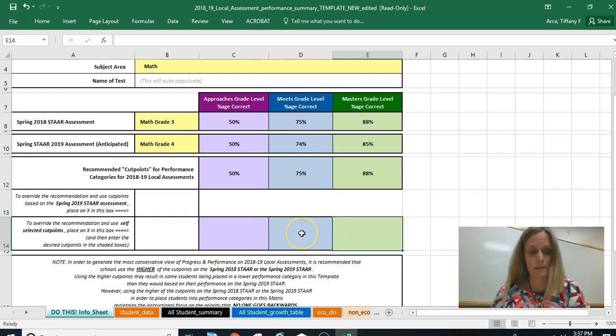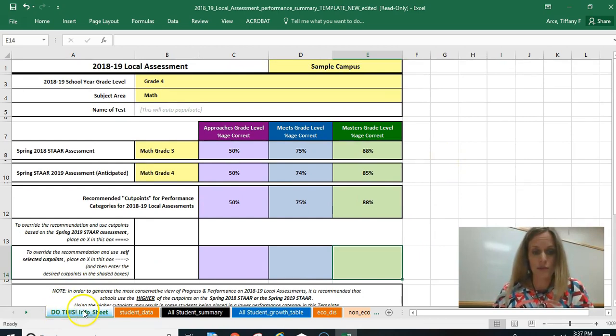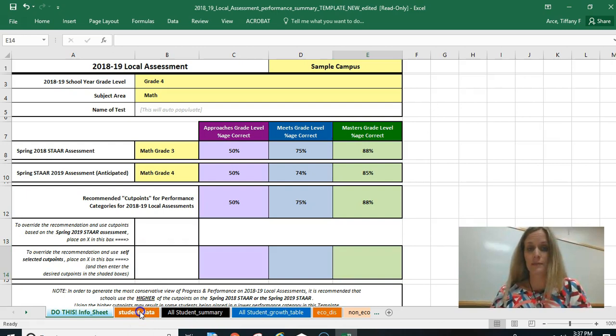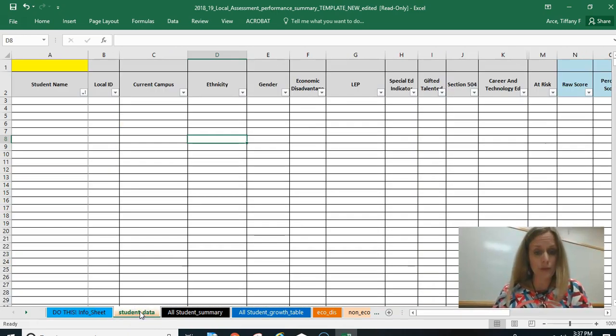Okay, I think once you see the way the template works, you'll be able to make some of those decisions. Once you have completed this first tab, you've put your campus name, you've picked the grade level the kids are in, the subject you want to look at, last year's STAR grade level, this year's STAR grade level and subject. Then we're ready to go get the student data from AWARE. And when we do that,